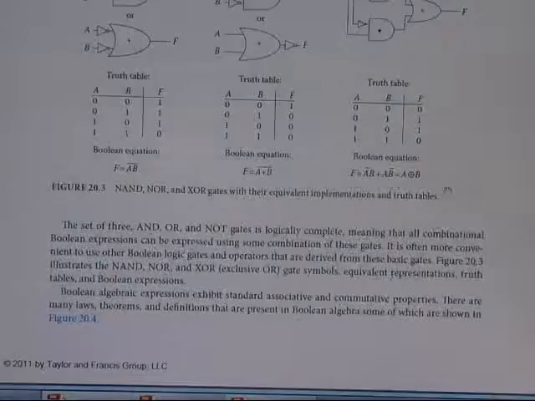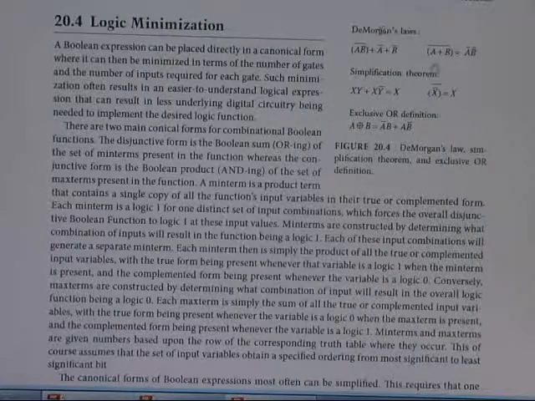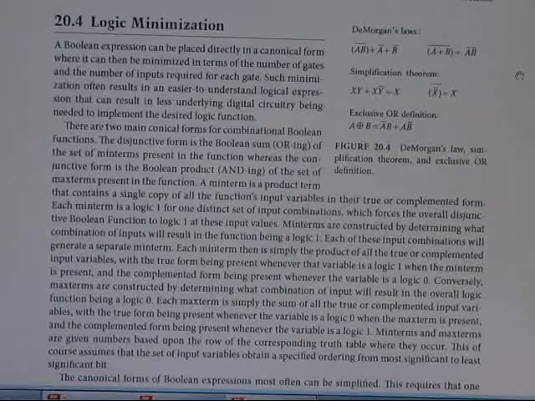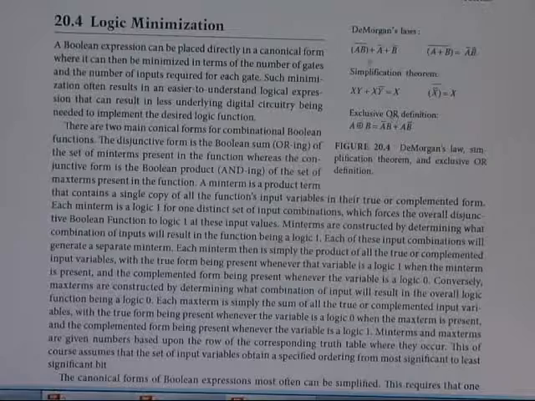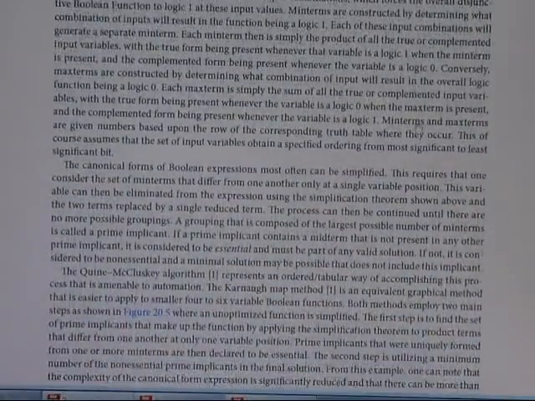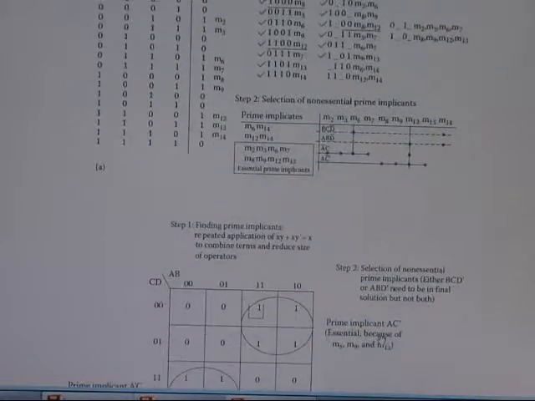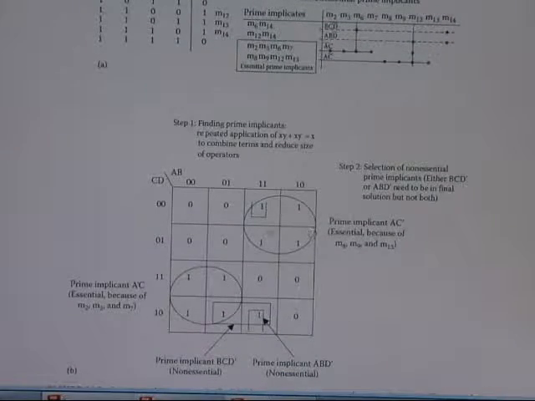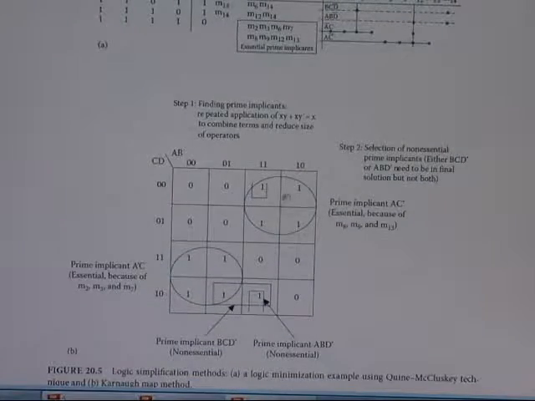So in this case, this equation will be the De Morgan theorem. This is the equation of logic minimization. So the De Morgan theorem is utilized for the logic minimization. So this is the truth table relationship, and the truth table and Karnaugh diagram. We use a Karnaugh diagram to minimize a logic combination. A Karnaugh chart for logic circuits.